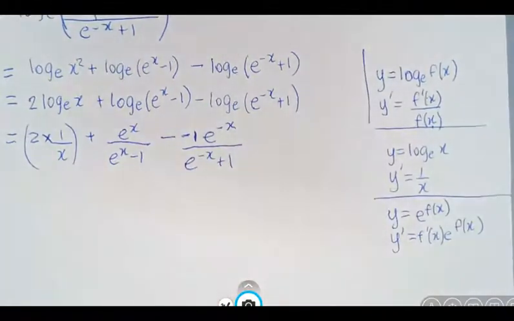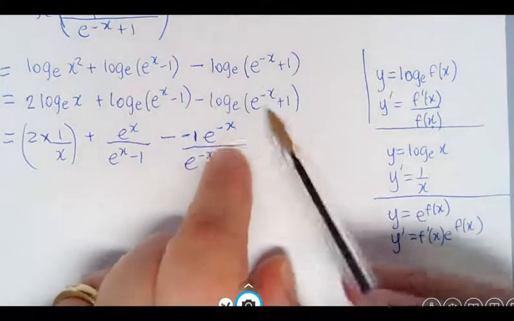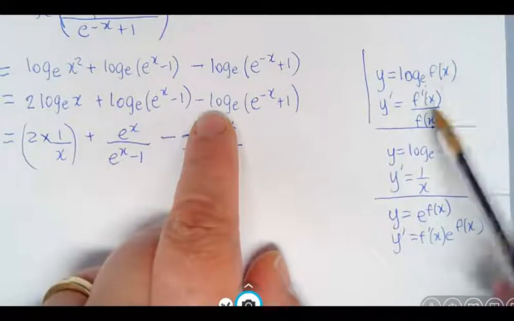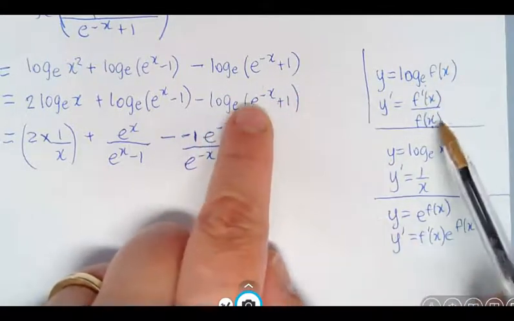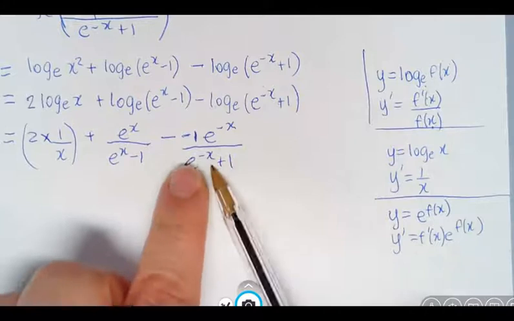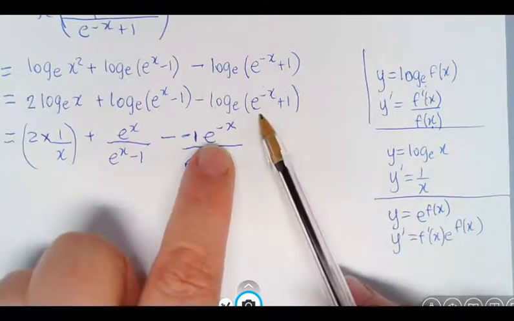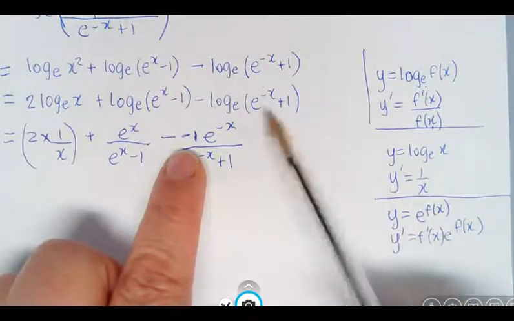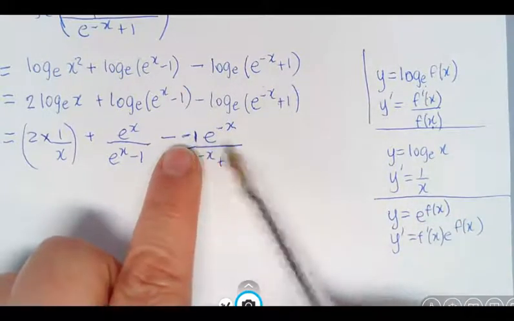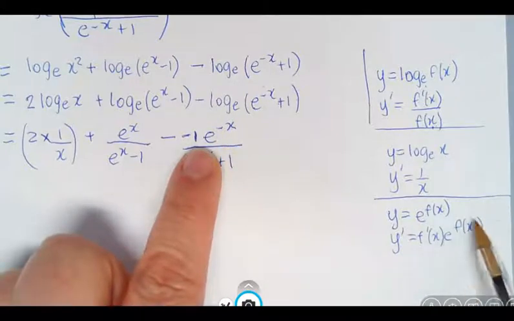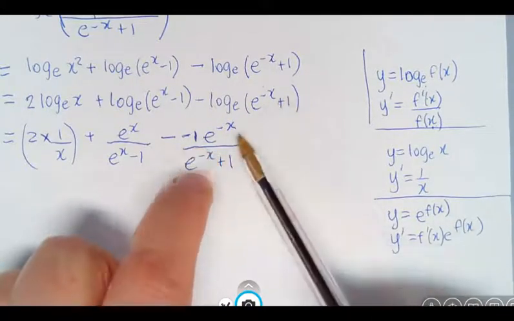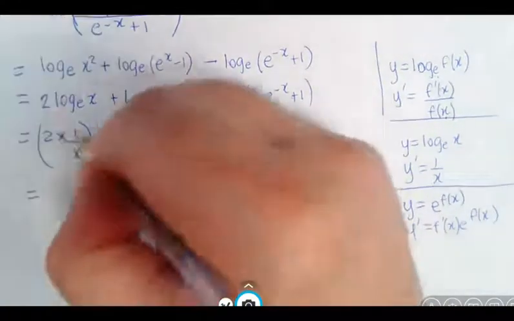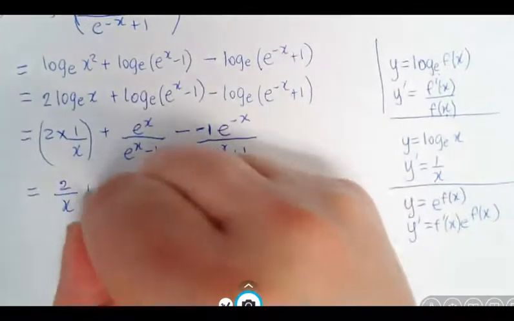So please be very careful with this one, because remember the derivative of the log to the base e of a function is the derivative of that function over the function. So we've put over the function, but we have to differentiate this. Now the derivative of e to the negative x, we use this. So it's the derivative of negative x, which is negative 1, then e to that function, but when you differentiate plus 1, you get 0, which is why I don't have another term here. Okay, so what I've got is 2 times 1 on x is 2 over x